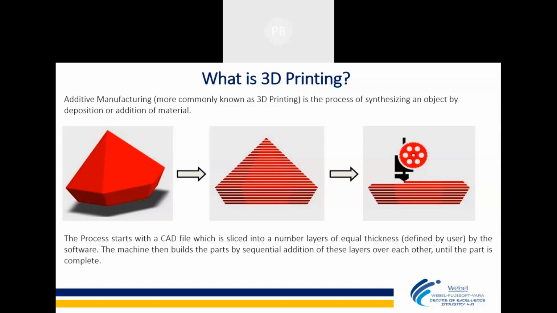The same thing here: you design something, and you cut the model. Cutting is done by the software, not manually, and that is the slicing part. Then, with the various parameters of the machine, it goes to the machine, and the machine deposits layer by layer. Obviously, all the layers will be of equal height, equal thickness, equal dimension, and it will print layer by layer. The addition of layer by layer will make the 3D printing product.